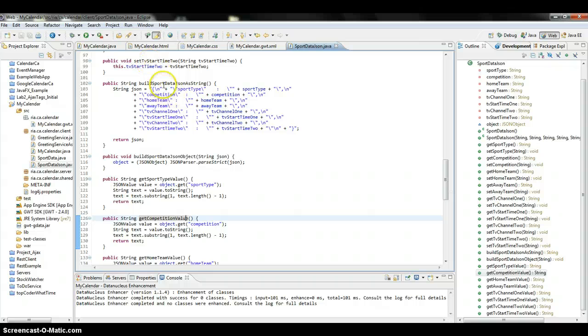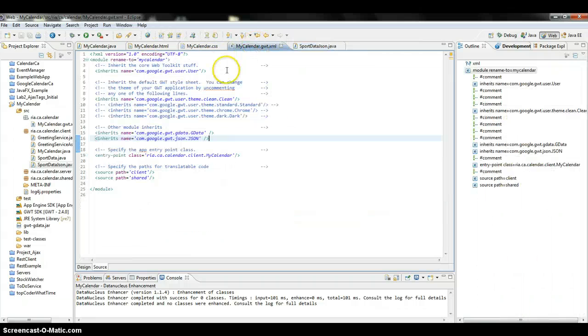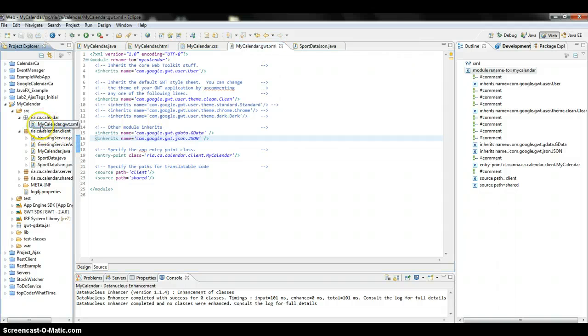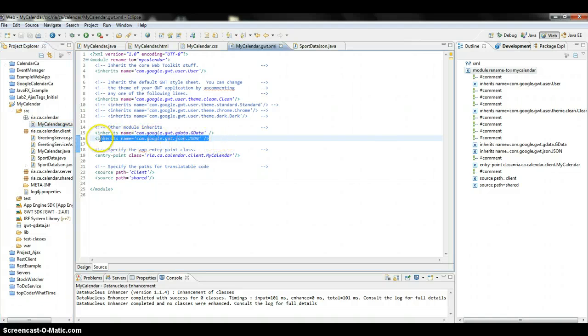The final piece of information is in the GWT XML, which is this file here. You will get errors if you try to use the JSON if you do not have this import. So you need to have this line of code in your XML file in order for the JSON to work. So with that all completed,